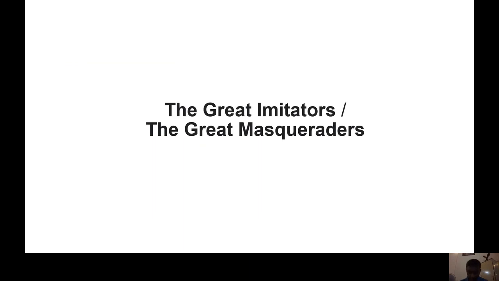Then there's a group of disorders called the great imitators or the great masqueraders. These are the diseases that can present as anything. There's an old saying that on a ward round, if you see a patient and you can't come to a diagnosis, always think of tuberculosis, SLE, and malignancy. So these are the great imitators or great masqueraders. Never forget about these conditions when you are dealing with a patient with PUO.